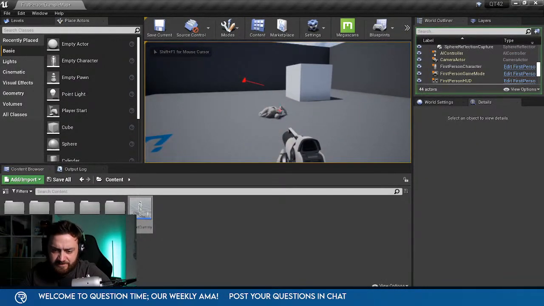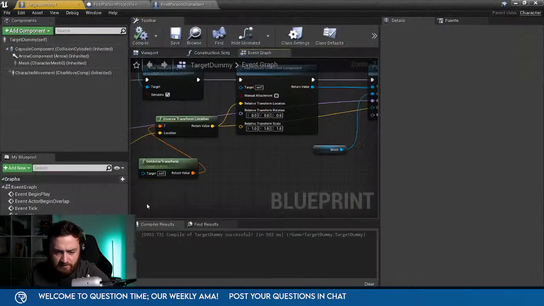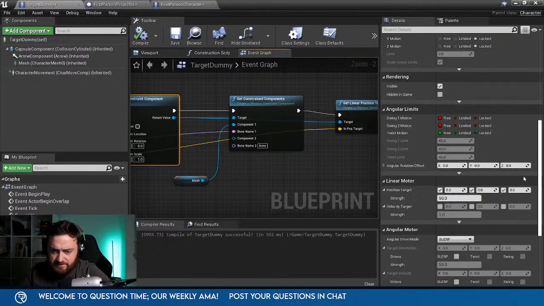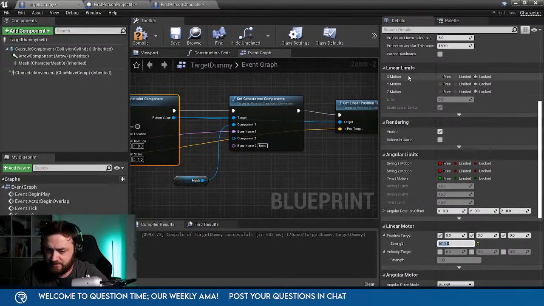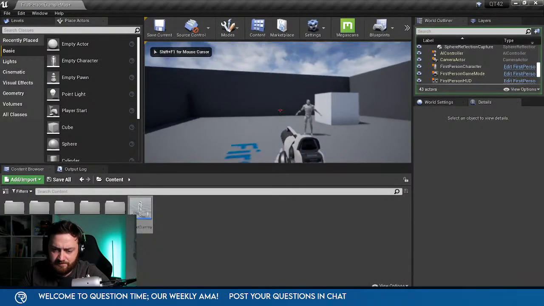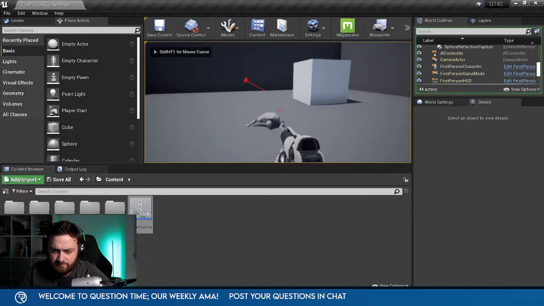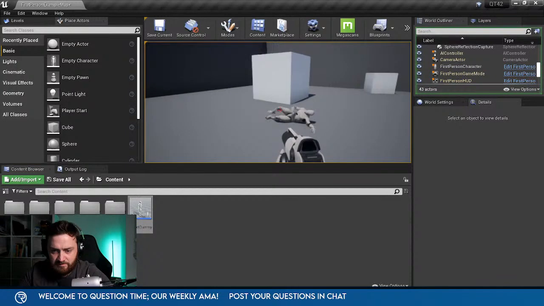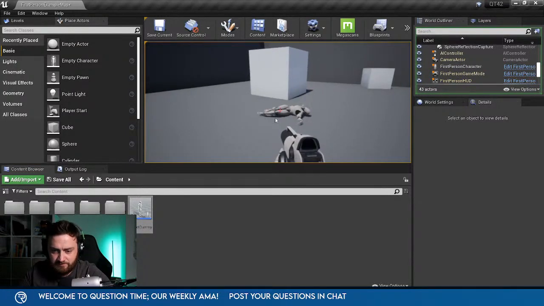Maybe if I increase the strength up a bit. Go to here. Strength. And it's up to 500. Any difference? Oh, linear limits. That's locked, so we'll make that 3. Maybe that had something to do with it. Oh, it's pulling him. Need a bit more strength.